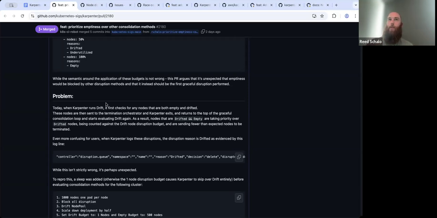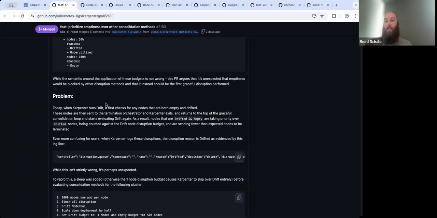with the original handling of drift and empty: if something's drifted, we want to bring all of our requirements up to date as quickly as possible. And if there's patching, like a new AMI release, I can understand the intent for security there. However, it was less clear to me what it meant to have a node that was both empty and drifted. And so just reducing the node, I mean, there's no requirements to replace. So empty is kind of special in that you really are only deleting this node. And so the change is now that these empty nodes are considered first before we do drift